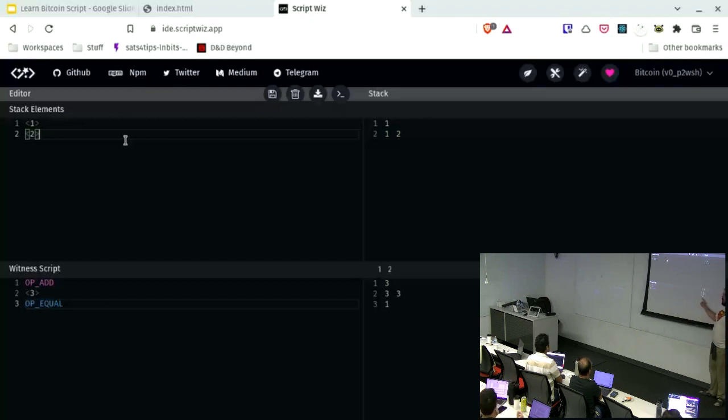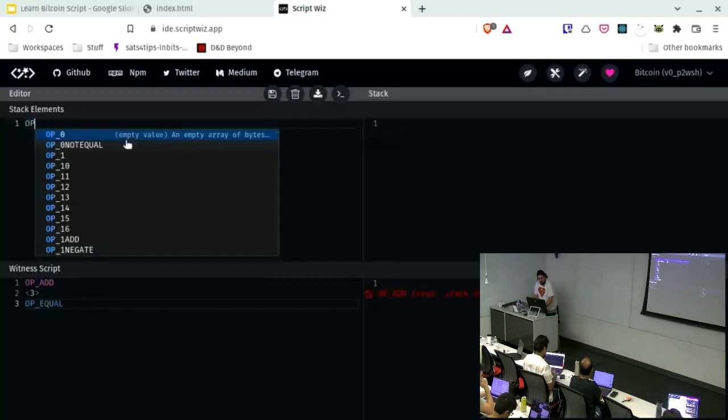And then we run op equal. Op equal puts a 1 on the stack. If we did op equal verify, it would just continue as long as it's true, not put a 1. Op equal puts a 1, and that's good because you want the stack to have 1, 1 on it when you go to spend. So that is how ScriptWiz works,